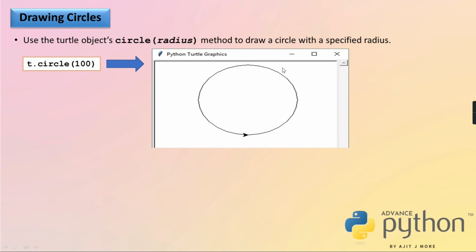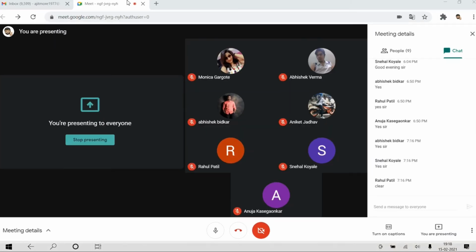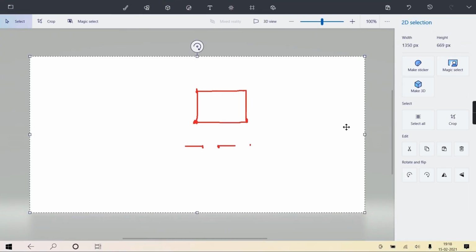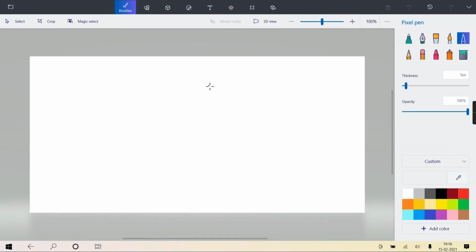Okay, it will draw a circle with 100 radius, but again the face is 0 degree east. Now if I tell it 10 degree, when I rotate yourself 10 degree left, so now 10 degree tilt, you understanding, no? It will change its face. Now first the circle is complete, that circle is drawn, okay, assume it is a circle. But the face is this side, right, 0 degree east.